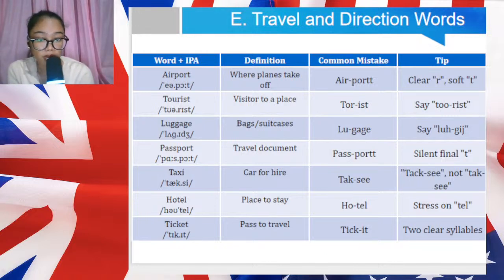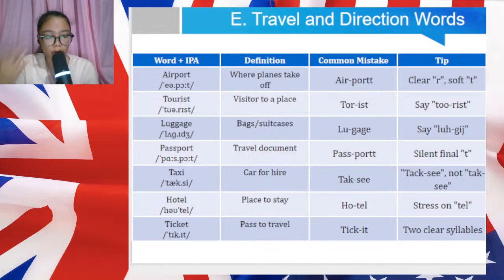Now, the key is to pronounce both syllables clearly and avoid blending them into one sound. Because learners here tend to rush the pronunciation, which merges the two syllables, like they say ticket, ticket. It should be ticket. You pronounce those two distinct sounds very clearly because it should have two clear syllables. While both syllables have a short I sound, they should be distinct. So you should avoid merging them into a single mumbled sound because the K sound here is clear in both